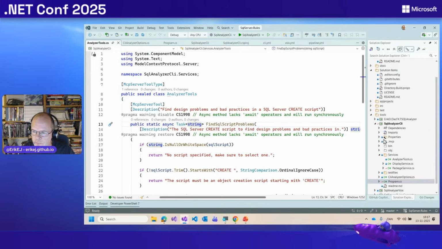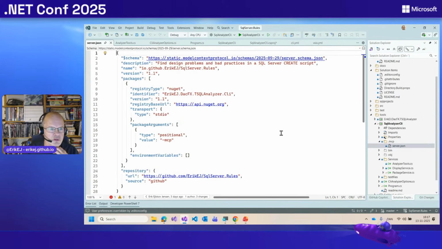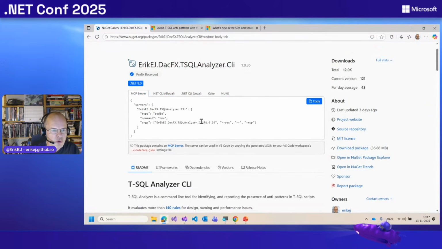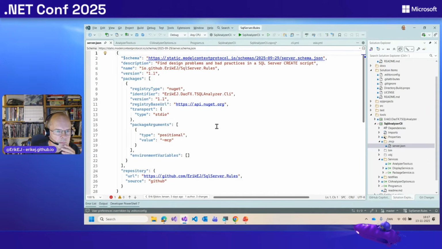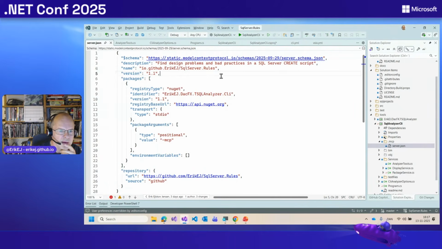First of all, you need to add a metadata file called server.json, which is the basis for this server.json fragment that's shown here. It's a little more verbose than that. I think of it a little bit like a new spec for MCP tools, so it's like a standard thing. I don't know why there are squiggles here. Okay, I have some typo somewhere.